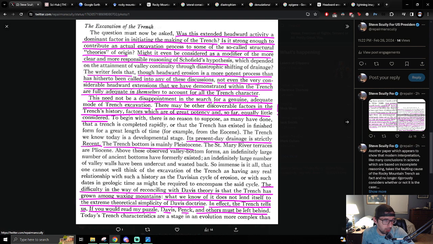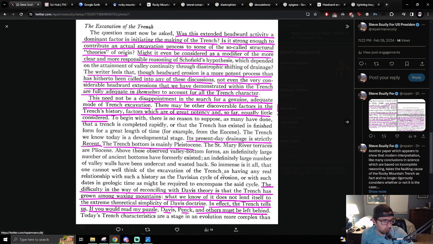This need not be a disappointment in the search for a genuine, adequate mode of trench excavation. There may be other discoverable factors, like the flood, in the trench's history, factors which are of great potency, and so far equally little considered. Its present-day draining is strictly recent. The trench bottom is mainly Pleistocene. The difficulty in the way of reconciling with Davis' theory is that the trench has grown among waxing mountains. What we know of it does not lend itself to the extreme theoretical simplicity of Davis's doctrine, which